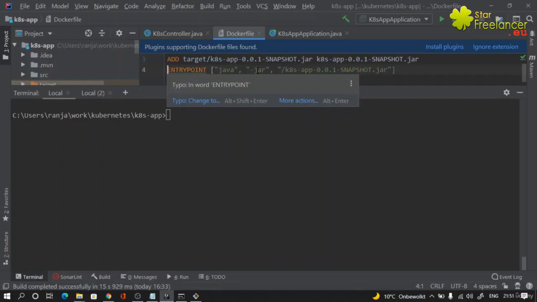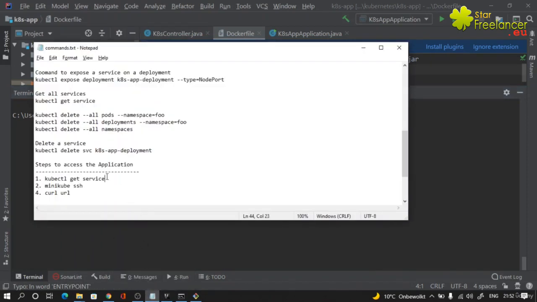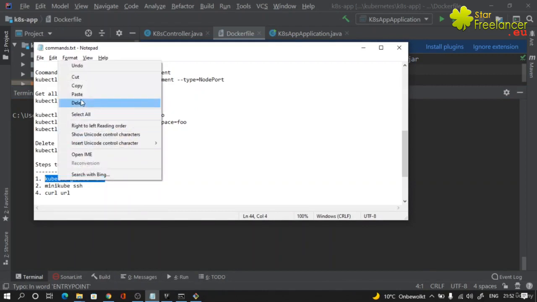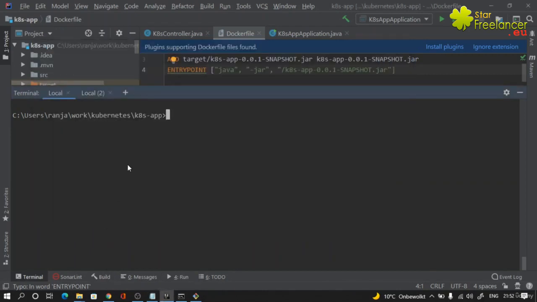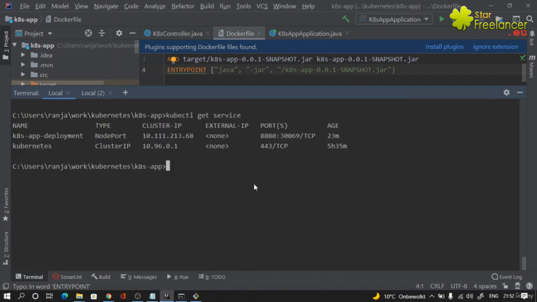Welcome. Now it's time for us to hit the Spring Boot application endpoint and see if we are able to get the output from our pod. So the command that we will first use is kubectl get service. I'm going to copy this command, hit enter. So here we will get the node port which is assigned, and the node port we will get is this